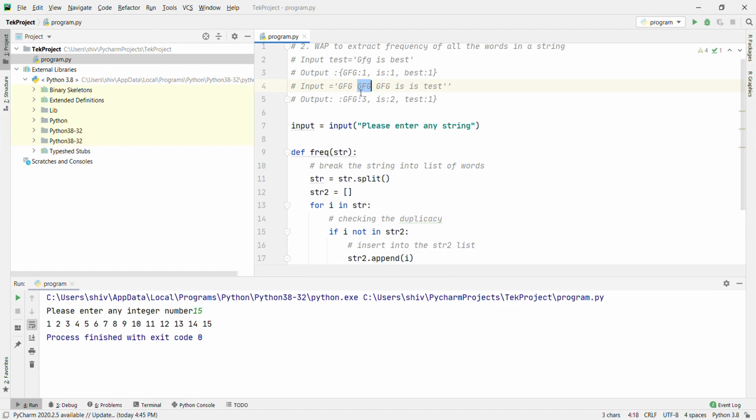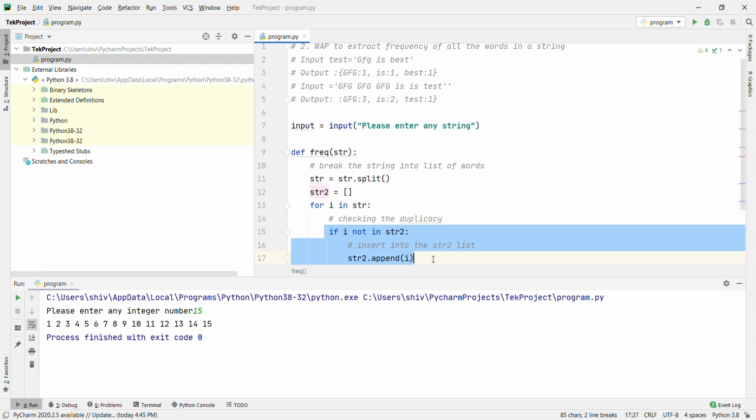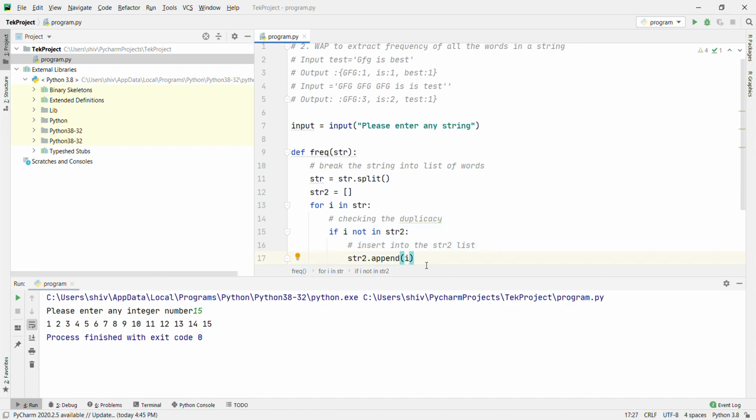The second time GFG comes, it is already in str2, so it will not go inside and comes out. The third time is the same. Now when "is" comes, there is no "is" in str2, so it is appended. So GFG and "is" are the 2 unique values in str2.